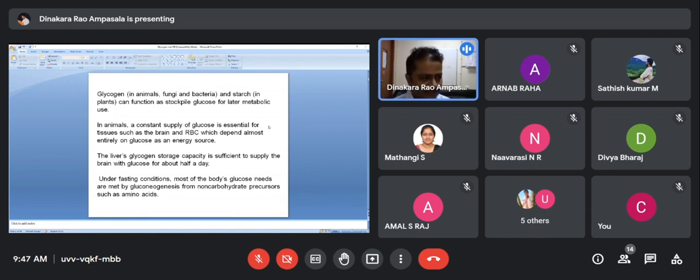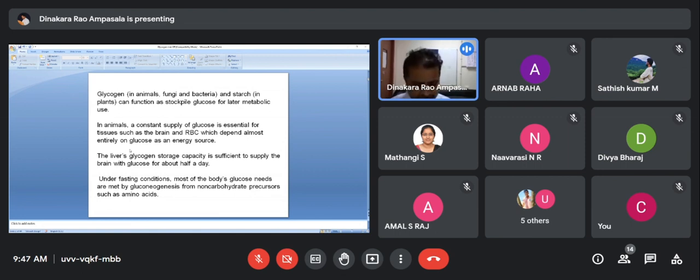When glucose levels are high, the animal cell can synthesize glycogen for later use. When glucose levels go down, glycogen can supply its monomer units from its structure. In animals, a constant supply of glucose is essential for tissues such as the brain as well as RBCs. These tissues totally depend on glucose for their metabolic activities, and the liver is the main site of